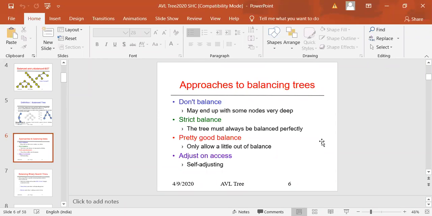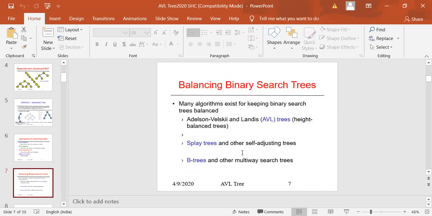It adjusts on access, meaning after the insertion and after the deletion, the tree itself adjusts according to the balancing. Okay, so those are the various ways we can do the balancing of a tree. Is it okay? So we will see how this Adelson-Velsky and Landis, the AVL tree, which is called a height balanced tree, works.